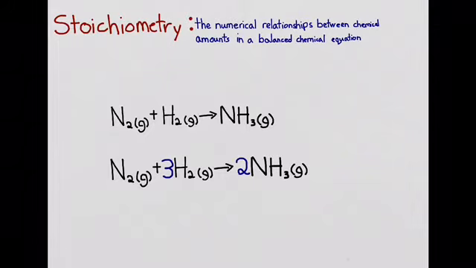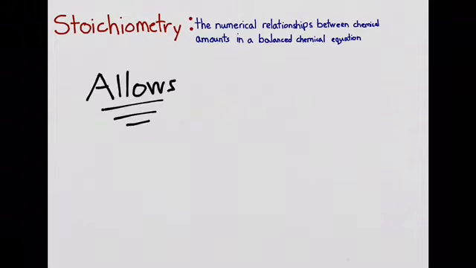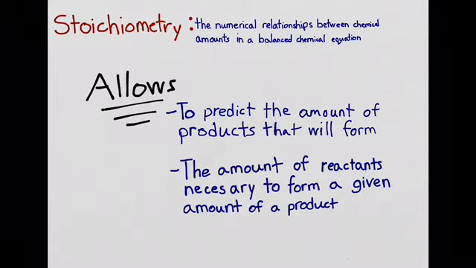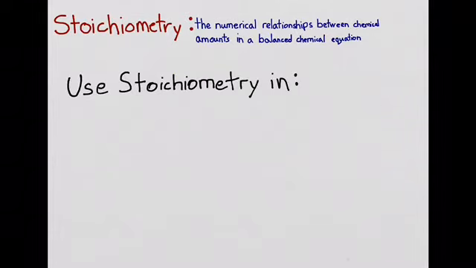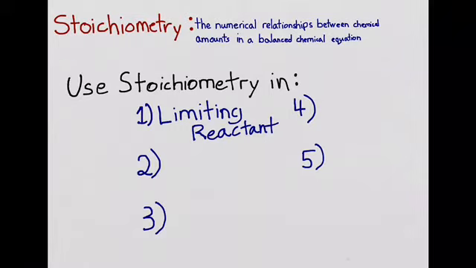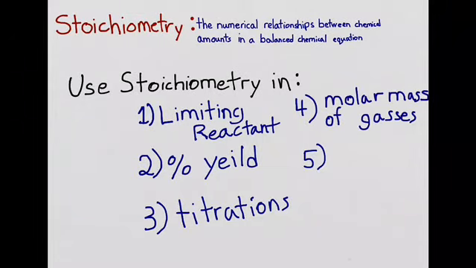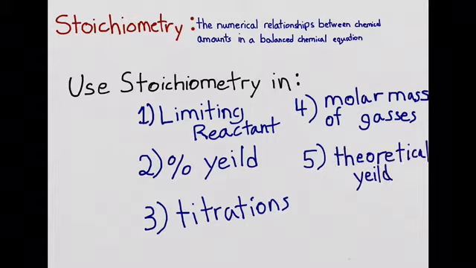So when using stoichiometry, this would be the wrong equation, and this would be the correct equation. It also allows us to do many things like predicting the amount of products that will form, or it helps us determine the amount of reactants necessary to form a given amount of a product. You can use stoichiometry in finding the limiting reactant, the percent yield, titrations, the molar mass of gases, and it